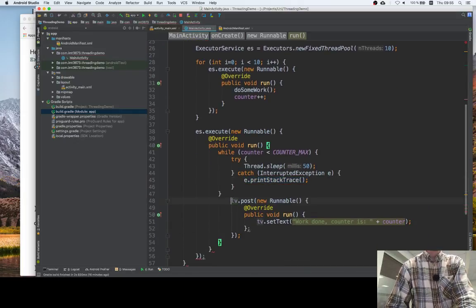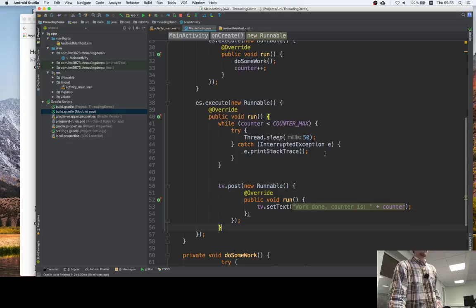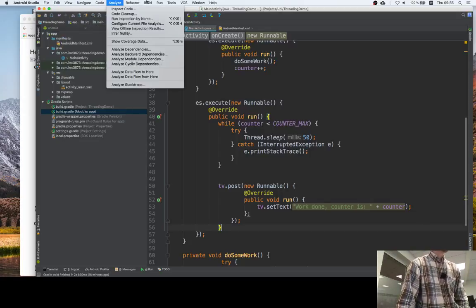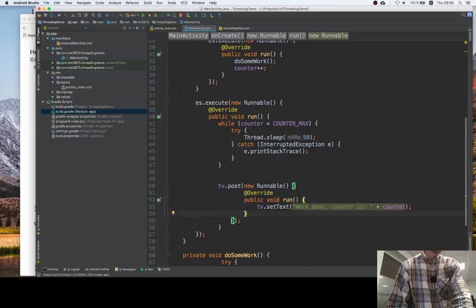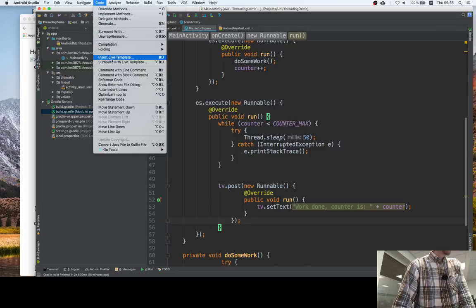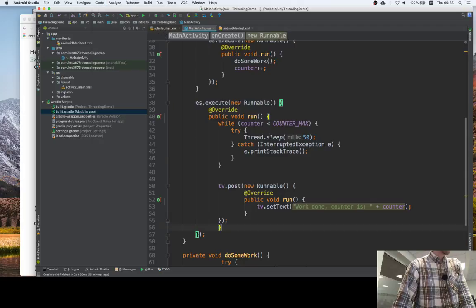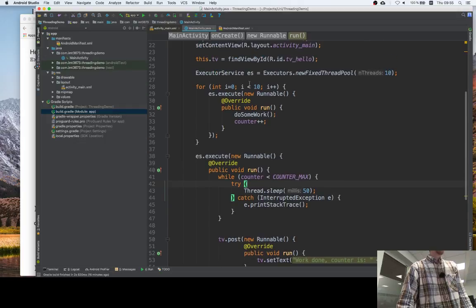And once I quit this loop, I will do this. We don't need that. Okay, so I have to remove the semicolon from here. Good point. Everything is fine. I will kill the previous app and I will run the code. What's the shortcut? Auto indent. Nicely formatted. Okay, so I'm running 10 threads,